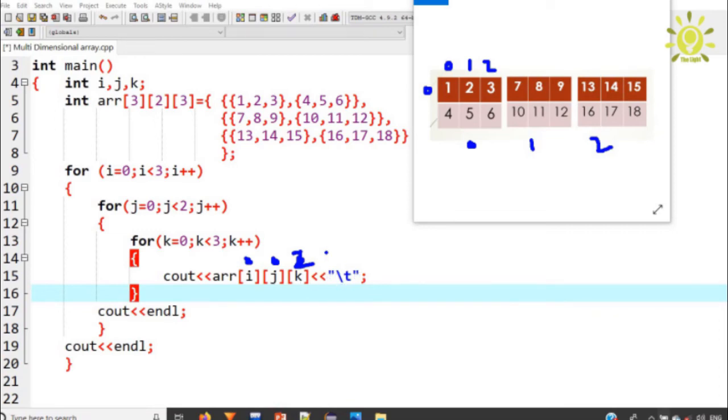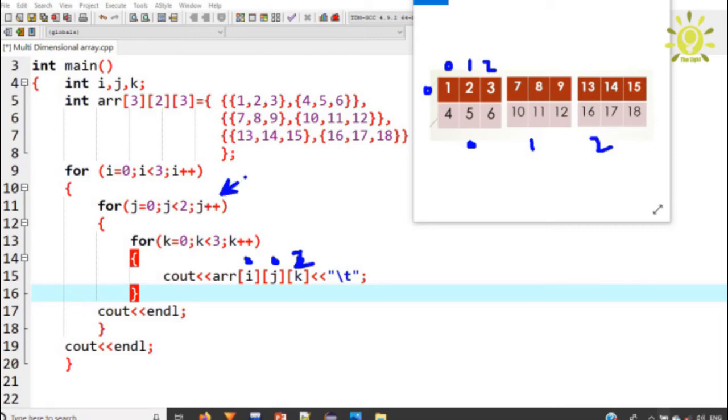So guys, here again increment process, so it increases the value of k by 1. So now k has 3 value. So 3 less than 3 condition will be false. So control exits from the loop body, and here it will come into the outer loop. So guys, here it will print println. So that is basically used for new line. So control will be moved to the new line, and here again the j++ process will be executed.